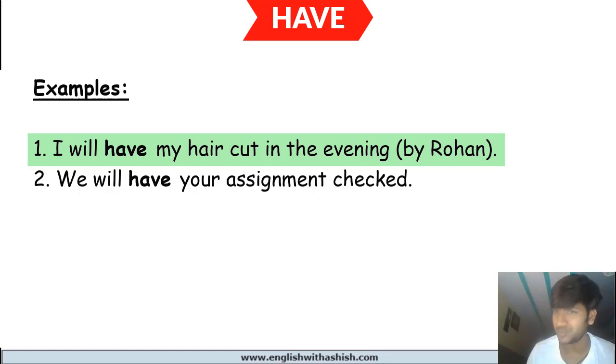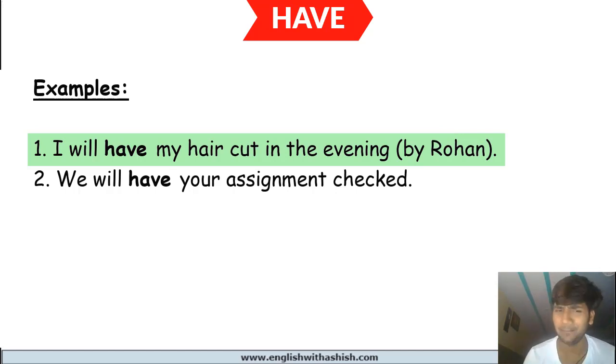Actually, I'll pay somebody to do this. All right, so the person is going to be paid. I will have my hair cut. So cut here is in the third form, right? Past participle of cut. Okay, I will have my hair cut in the evening. If I want to add the doer of the action that performs this action, I can do that. I can say I will have my hair cut in the evening by Rohan, by him, by her, by you,